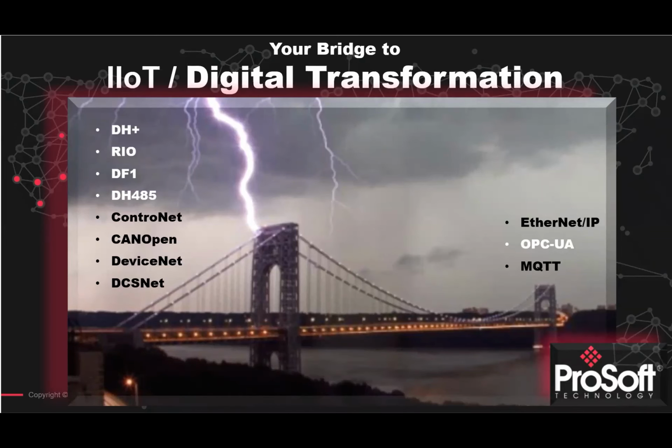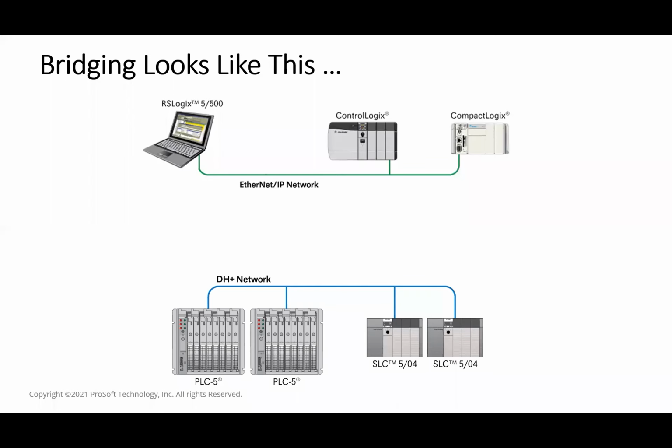Next slide, please. So in addition to phase migration and the examples that I just ran through, you can also do bridging. So what is bridging and where would you do it? Well, when you're talking about water and wastewater protocols, you're probably talking about DNP3. And if there's a SLC in there, then you may have DH485, you probably have DF1, who knows, right? ControlNet, DeviceNet, any of this stuff.